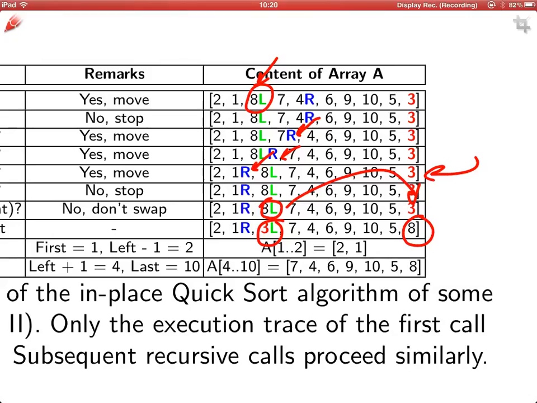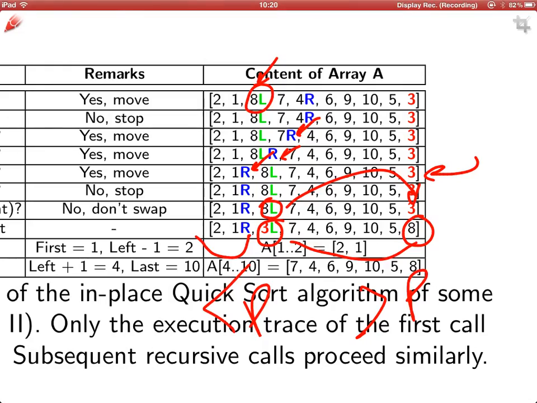And as you can see, the final sequence has elements smaller than the pivot on the left side and elements larger than the pivot on the right side. Okay, so this is just partitioning. This is what we used in the non-in-place version of quicksort. This is what we used to do